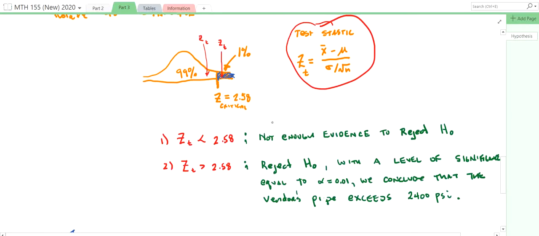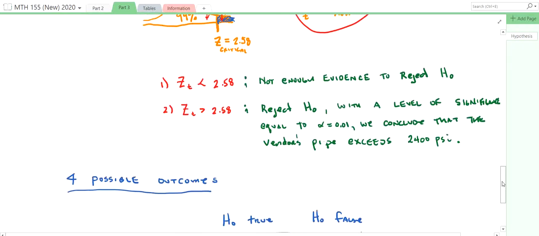If our z-score ends up being someplace greater than 2.58, so if we end up with a z-value greater than 2.58, that means that we're inside the critical region, then we would reject the null hypothesis and conclude, in this case, that our pipe exceeds the 2,400 pounds per square inch